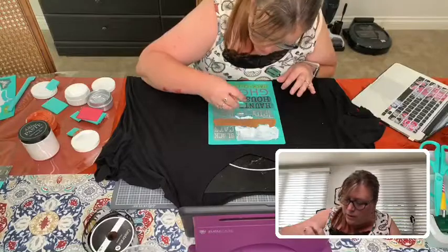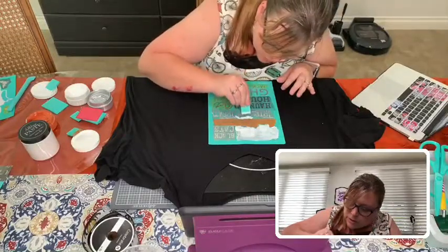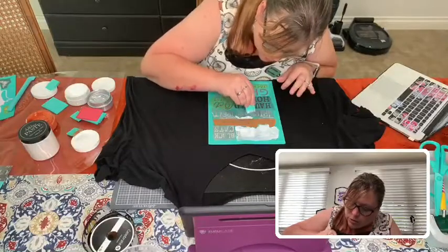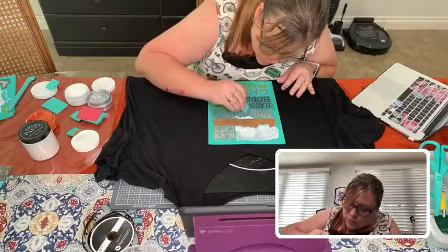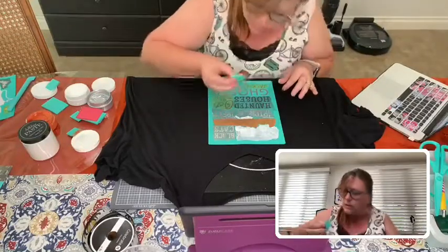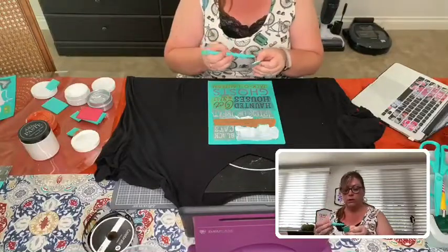The nice thing that's different between the ink and the chalk paste is that with the chalk paste, you have to work fast enough that it doesn't dry inside your transfer. And with ink, that is not as scary because you can just kind of